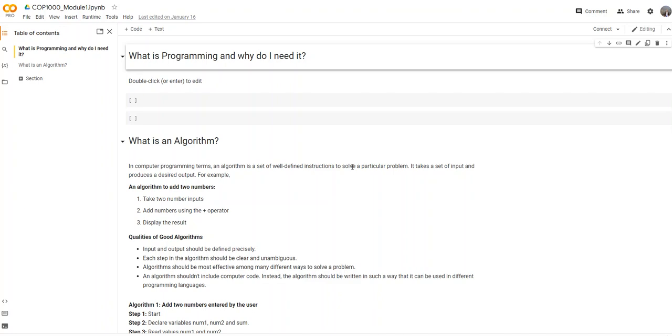Take those 2 inputs, use that mathematical operation, add them together, and then display the results. Now, how could we go beyond that? Well, we could have a little more detail, which would more narrowly define and be more specific about how we did those steps or tasks. And if we take that